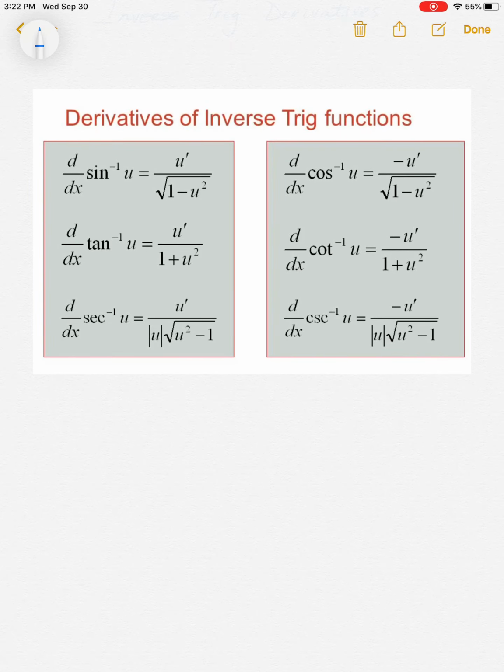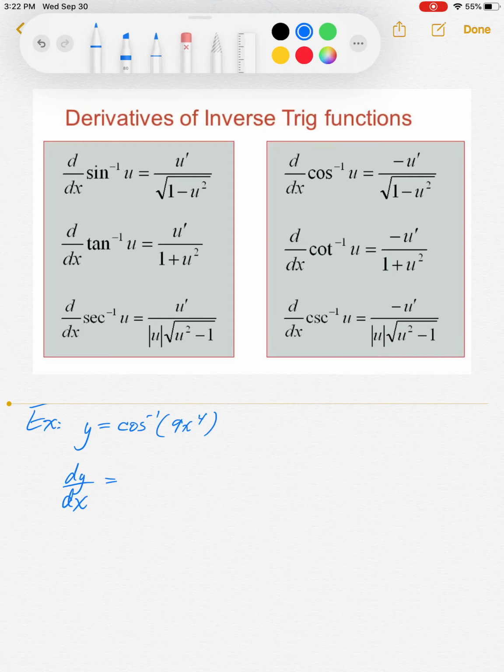First example, we have y equals cosine inverse of 9x to the fourth. Go to our tool and apply what we have. We want to find dy/dx. dy/dx is equal to,